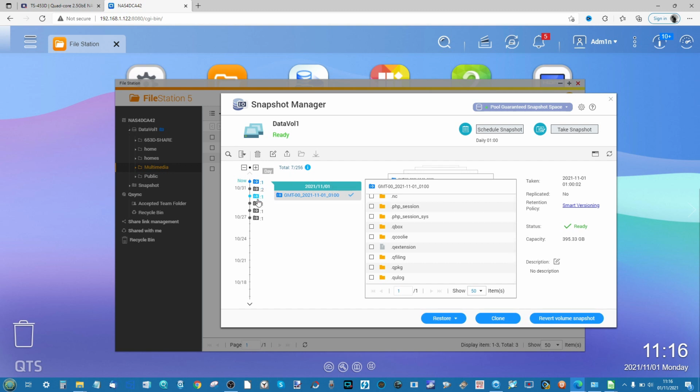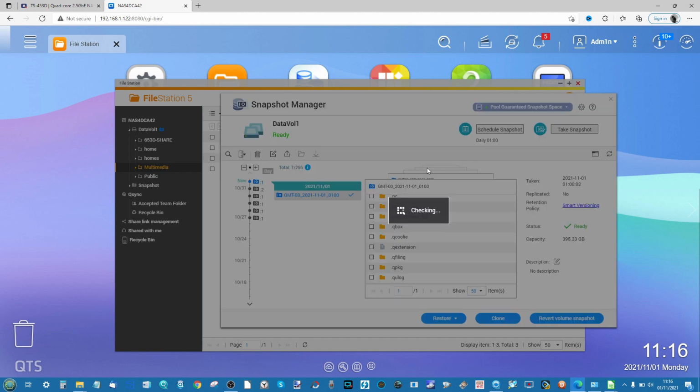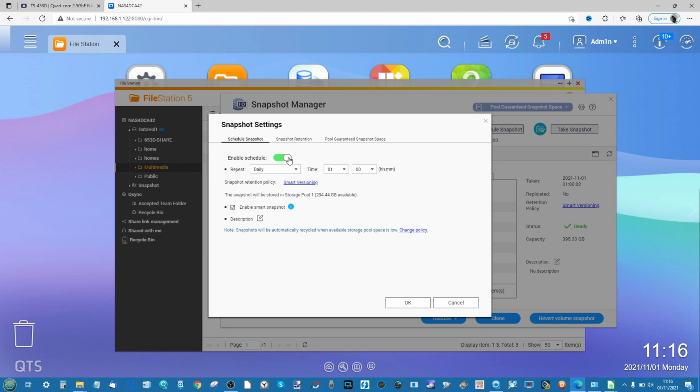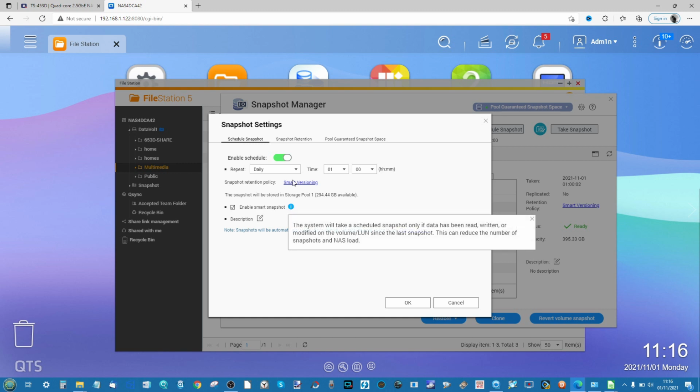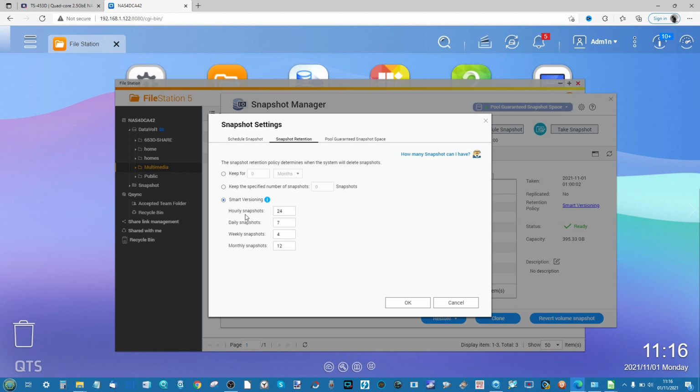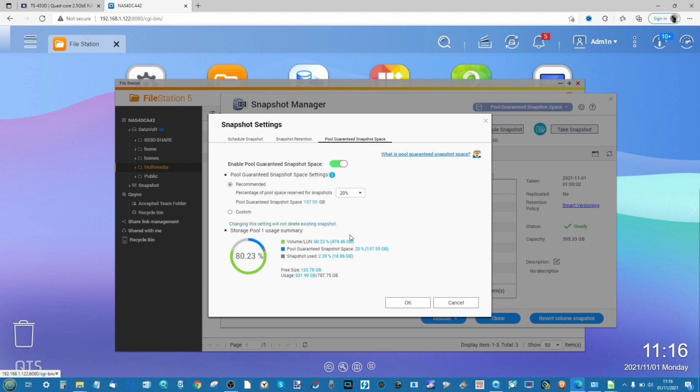But you have to make sure you keep all of the architectural changes and the timeline, because if you lose one of the timeline, you're not able to restore beyond that point. Now, in order to create that snapshot schedule, go into Schedule Snapshot. From there, it will then invite you to say whether you want to enable snapshots, which I've already done. And then from there, you can go with Smart Snapshots, where it will learn a lot about time and access. And then you can change the retention policies very, very easily, and the guaranteed amount of snapshot space that is